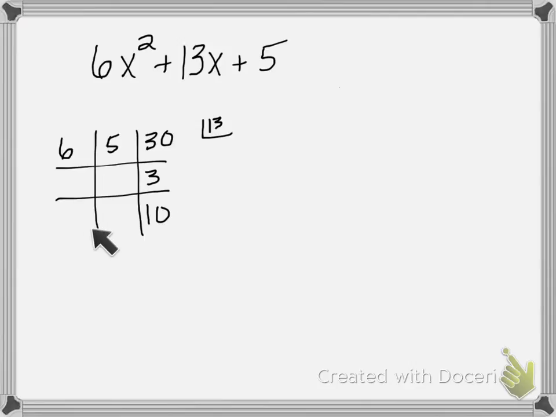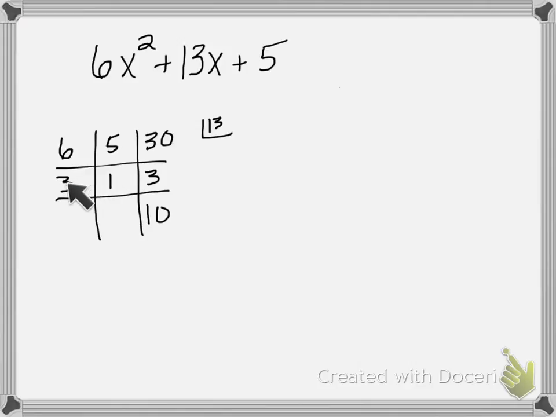But now I have to fill in the other four boxes. Remember, I have to pick any four numbers such that these two multiply up to get 6, these two multiply up to get 5, this row multiplies across to get 3, and this row multiplies across to get 10. Okay, so like I said, I usually start with prime numbers. I know the 3 is going to either be 1 times 3 or 3 times 1. Well, the 3 might help me get a 6, but a 3 can't help me get a 5,